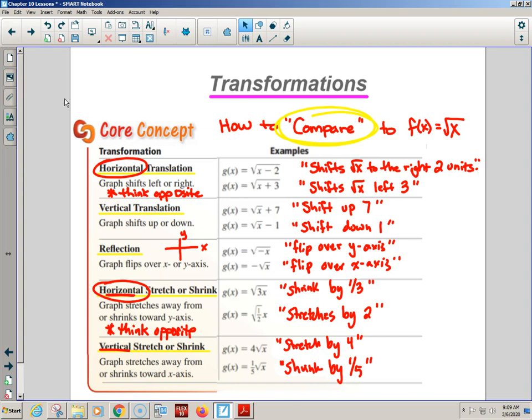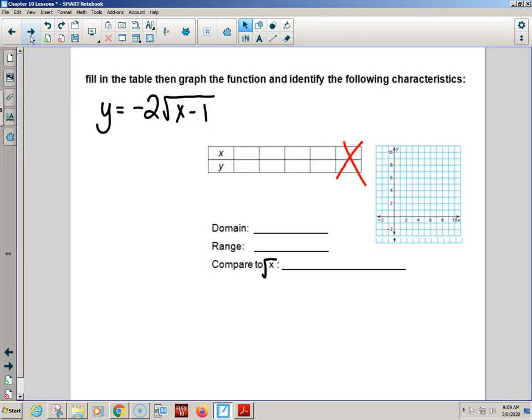However, what's going on inside the radical? X minus 1. Yeah, and doesn't x minus 1 look kind of like this one? So can't I say it's going to shift this guy to the right? Not 2, 1. Okay, so I wanted to show you that table because I want us to use that comparison to make our table. Because if you realize that there has been a shift to the right,